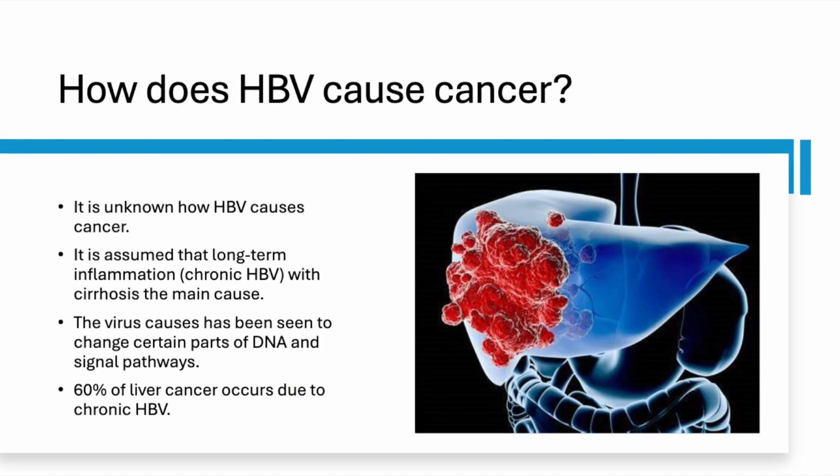How does HBV cause cancer? A lot is still unknown about HBV, like how it specifically causes cancer, but HBV has been linked to be the main perpetrator of 60% of liver cancers in the world. The inflammation caused by HBV wreaks havoc on the liver by changing the DNA of liver cells and interfering with signal pathways. This can cause mutations in the cells like unnatural and uncontrolled reproduction of cells, and thus creating a